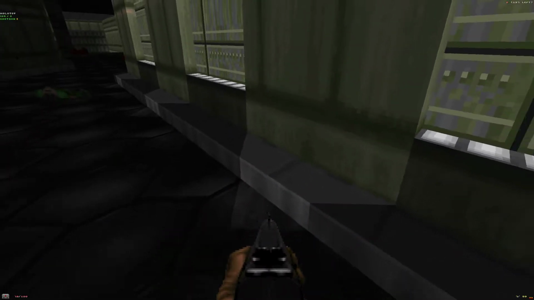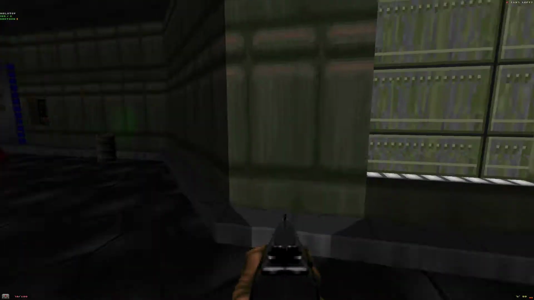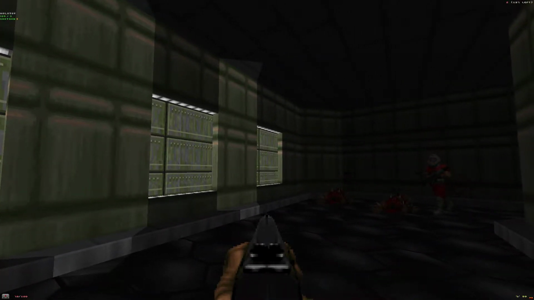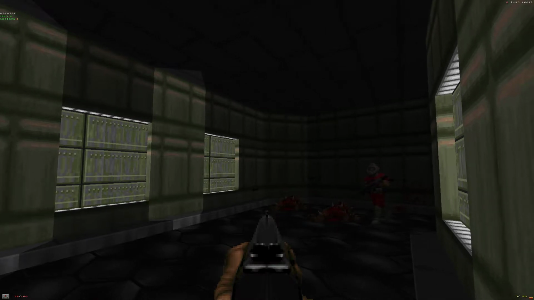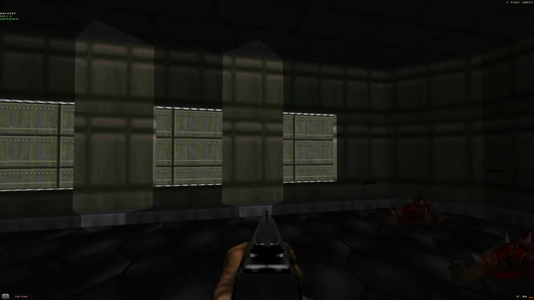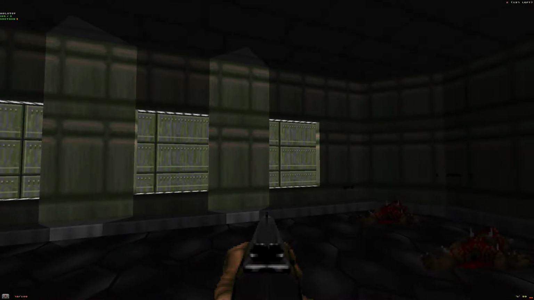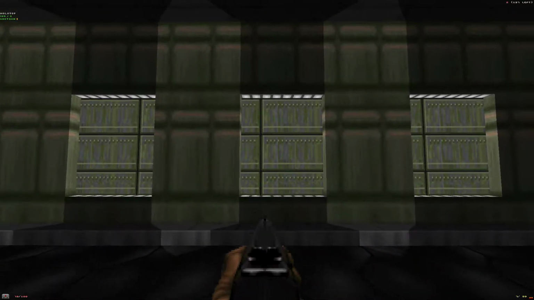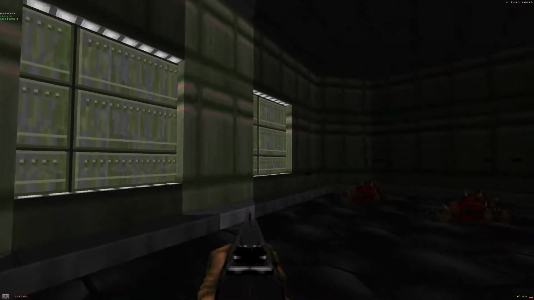So, you know, that's fun. I don't know, I think you could have put something here. I think you could have put a couple. There's not a lot of custom assets, in terms of textures, in this map. But if you wanted to go custom, I could imagine you putting posters there of this facility, to add to the immersion a little bit. It kind of looks like you could put...